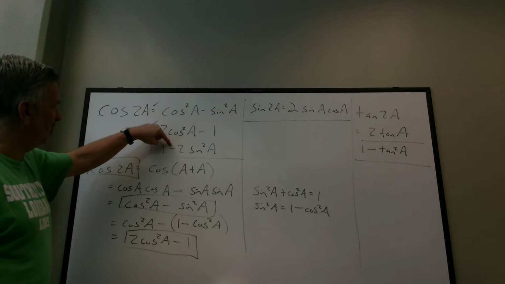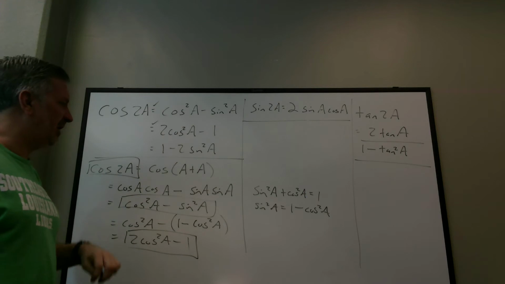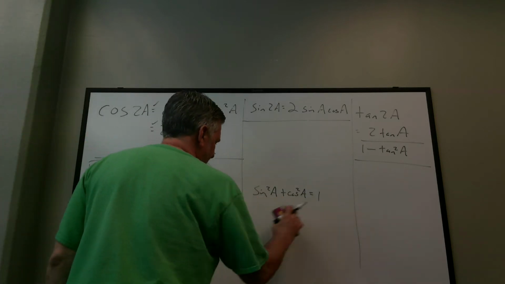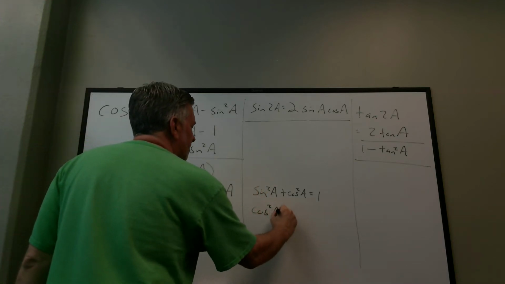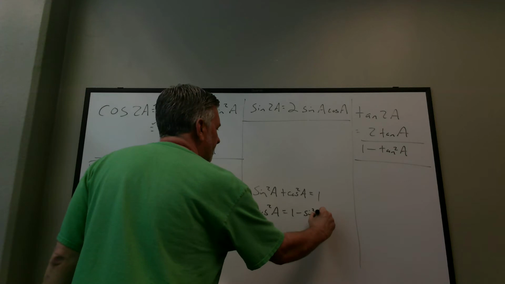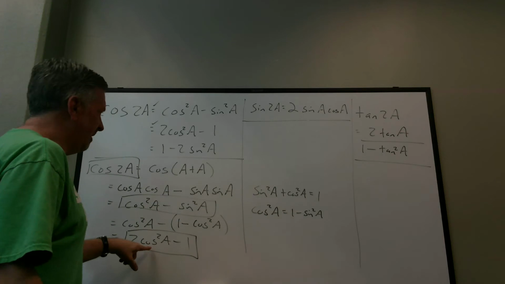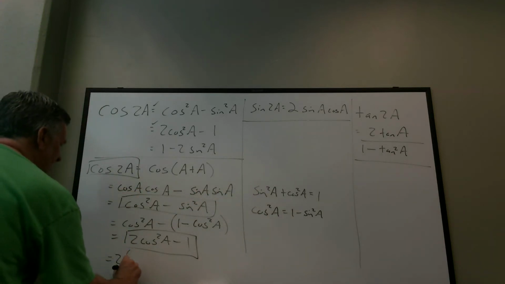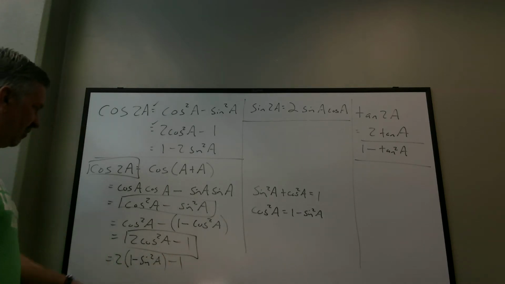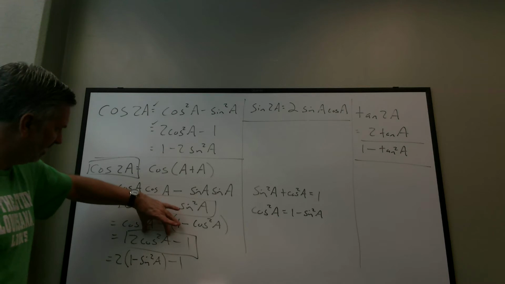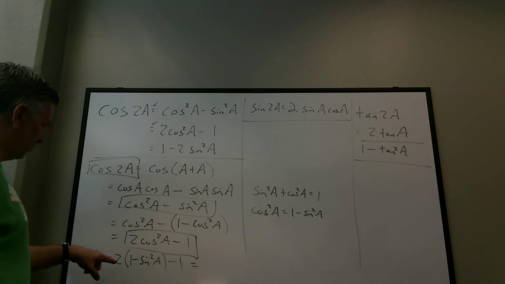I want to make sure that these are equal. Well, it's the same idea. I need to get rid of the cosine squared and change to sine squared. If we do the same thing that we did before, but this time solve for cosine squared, I get cosine squared a is 1 minus sine squared a. Subtract sine squared from both sides. And then replace cosine squared here with 1 minus sine squared. So I get 2 times 1 minus sine squared, minus 1. The minus 1 I left alone, the 2 I left alone, I replaced cosine squared a with 1 minus sine squared a. And if we simplify, if you distribute